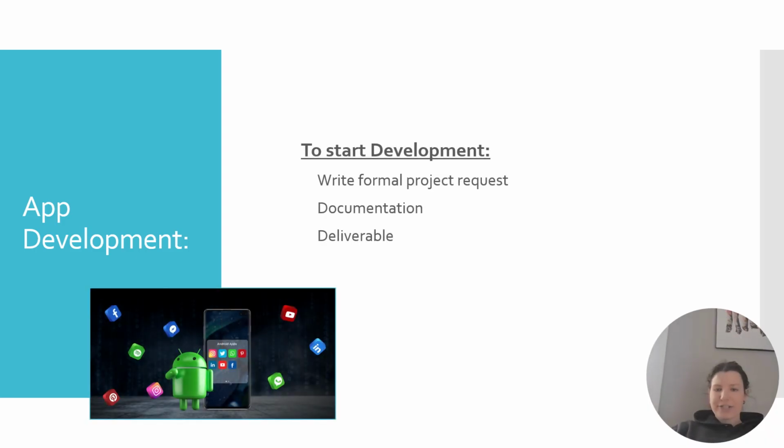So how do you actually start development? The first thing you're going to want to do is write a formal project request, which is just the request that's the first item of documentation. If you don't know what documentation is, it's basically just a collection and summary of the data, information, and deliverables, and it should occur during all phases. It should reflect decisions, approvals, and notes. And lastly, I have a deliverable. Basically, it's just any